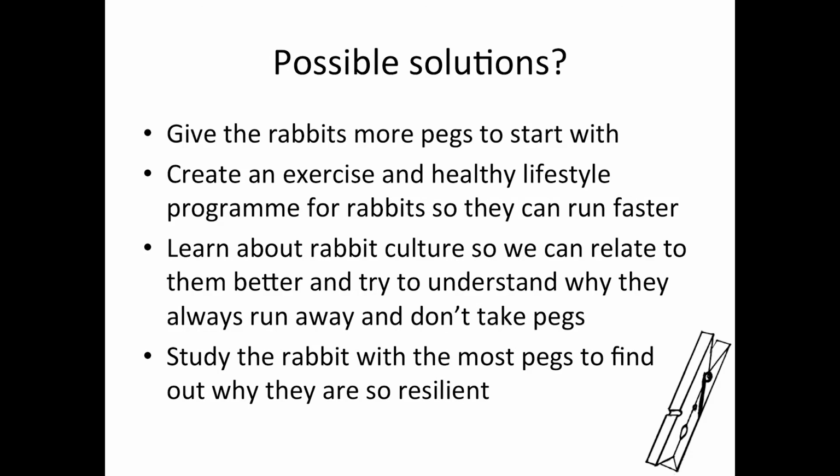Then there are these possible solutions that we talk through, and we had a bit of fun with these in Te Kupenga Hauora Māori the other day. So what if we gave the rabbits more pegs to start with? So if pegs are health, how can we rearrange this game so there's a more even distribution of health? We could just give the rabbits more pegs. Then we think, well, what's the implication of this? They're not going to keep them, are they?